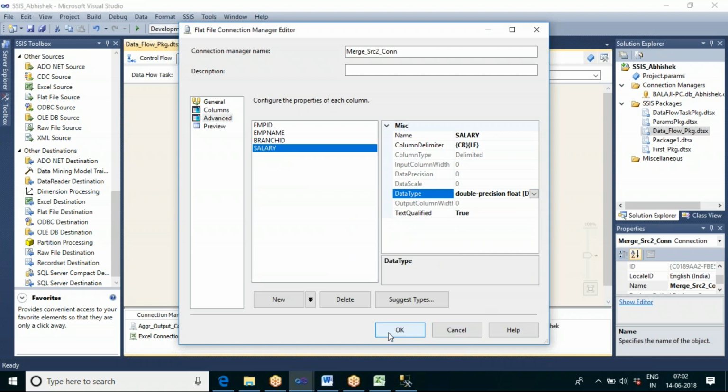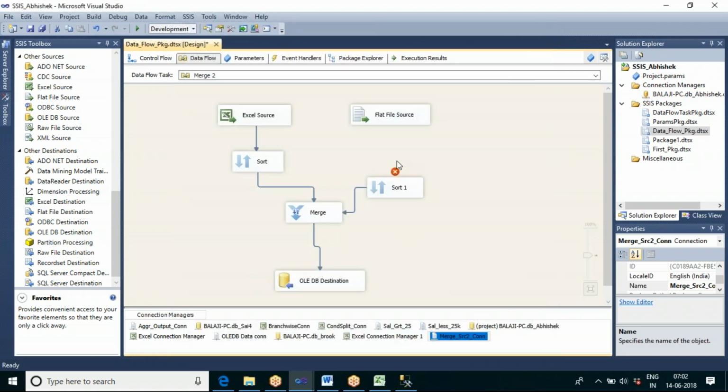That's it. So that way we can avoid the data conversion. We are removing some tasks, so we are improving the performance. If you remove one of the tasks from your package, indirectly you are improving the performance of the package.